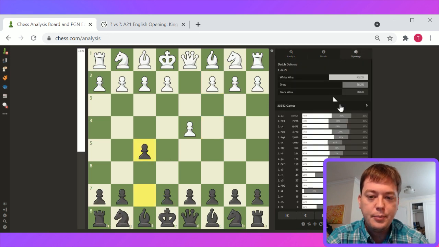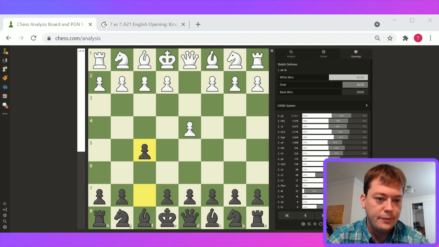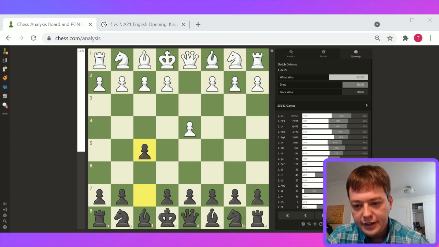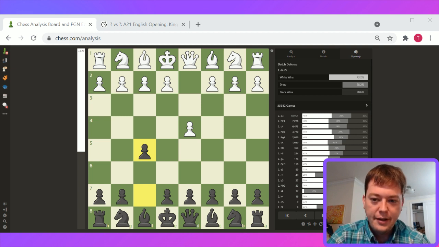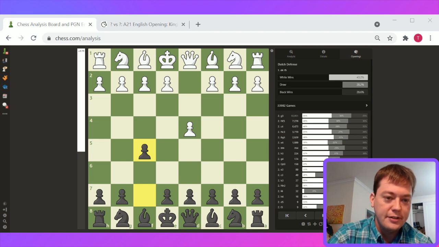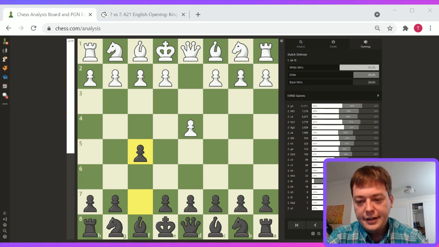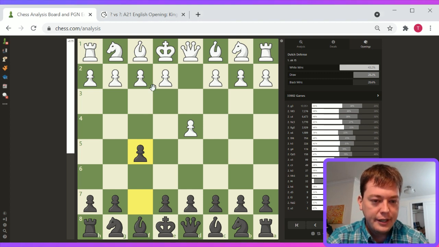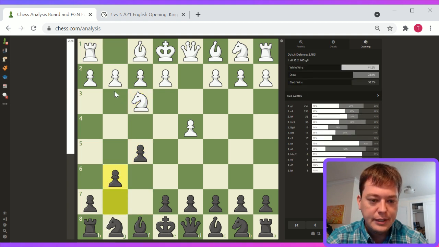The highest rated person that I've ever played over the board is Varuzhan Akobian from Southern California, and he's 2,700 plus. I was lucky enough to play a game against him, just at some random small tournament in Southern California, and basically I played the Leningrad Dutch and just got beaten very badly very quickly